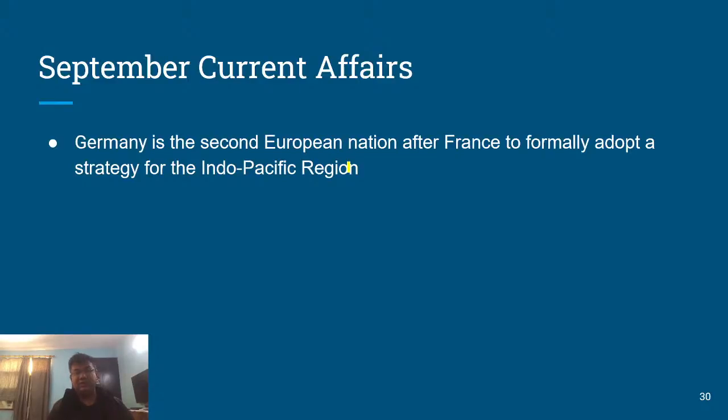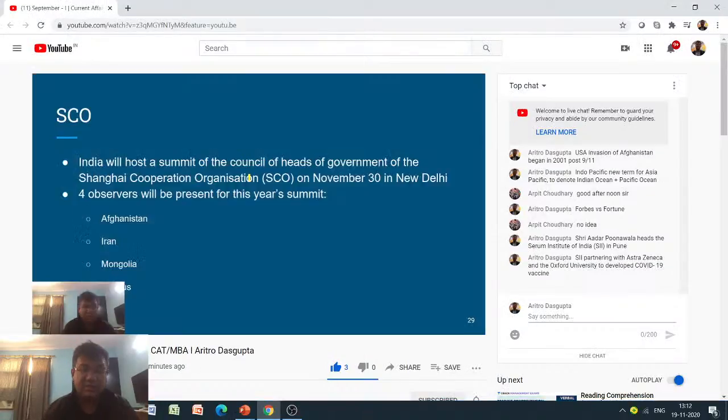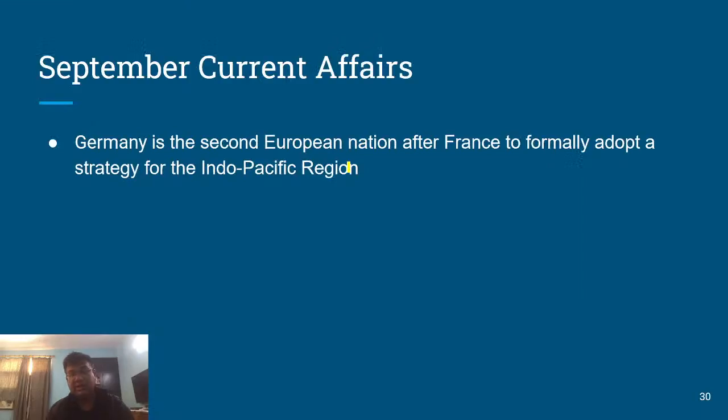So France was the first one, Germany is the second. The idea is that Germany is openly courting this organization because they fear Chinese overt dominance, and this is one